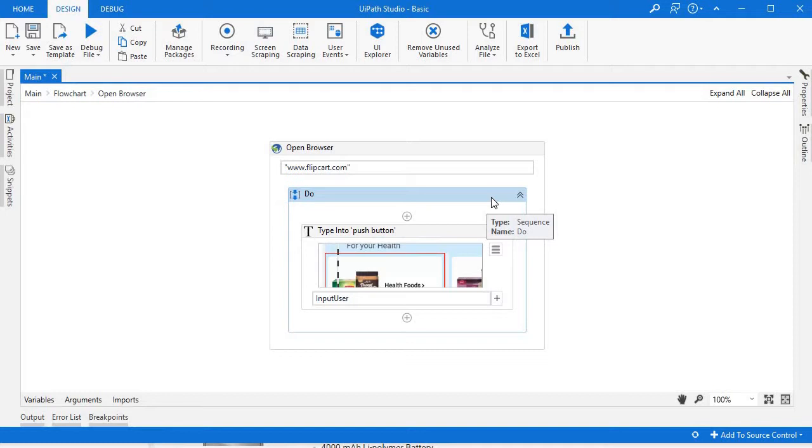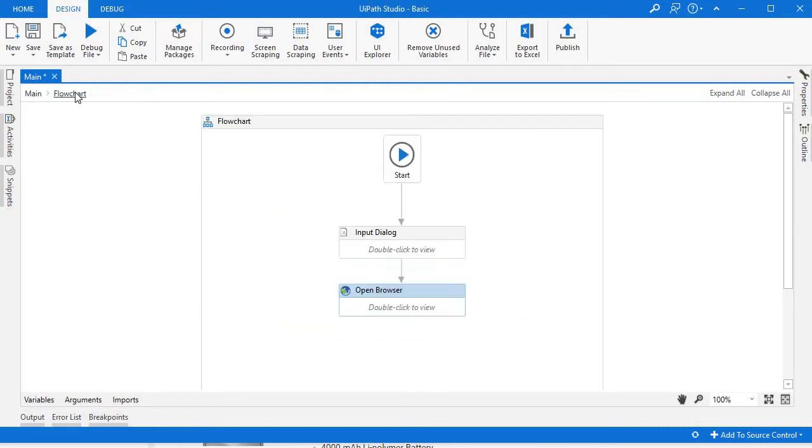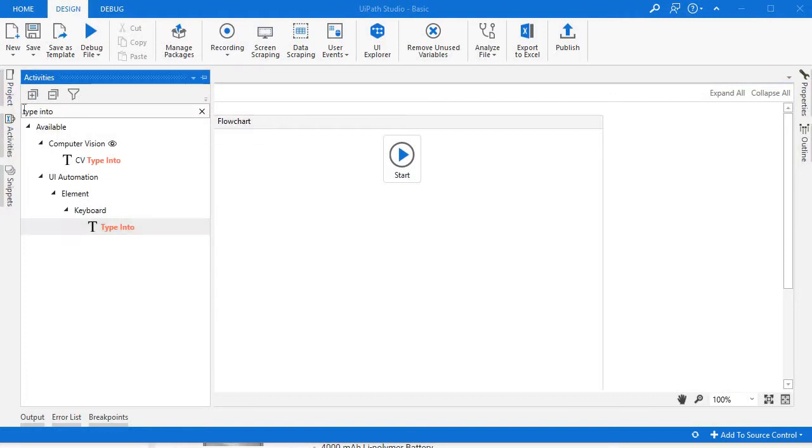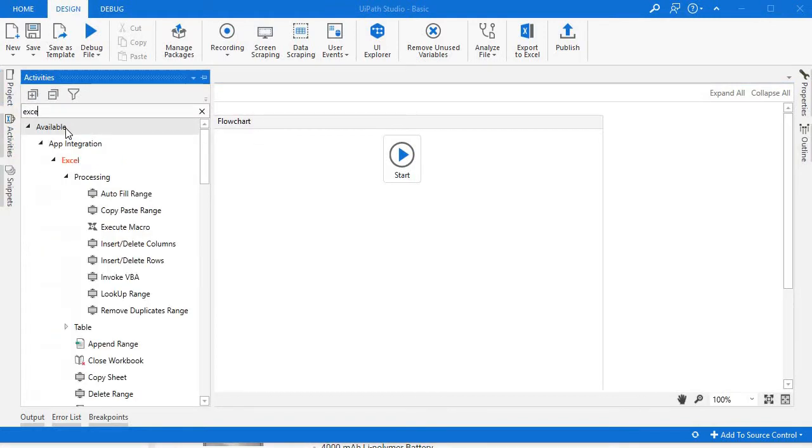Due to a screen recording technical problem, I am unable to show you the output from here. So let's start another example. To read or write any data, we need to use the Excel Application Scope activity.